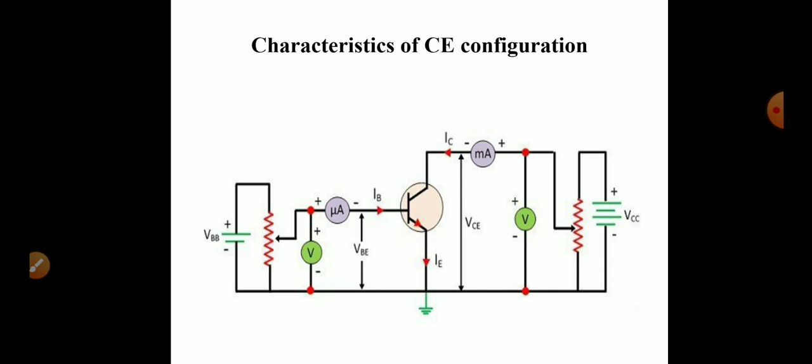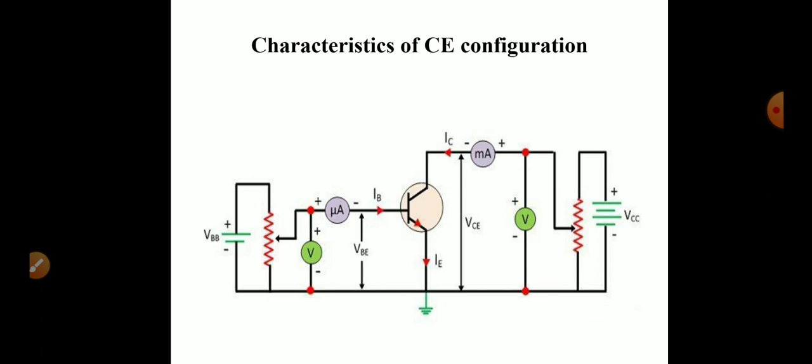To measure the input current, which is the base current, an ammeter is connected in between the input resistor and the base terminal. Here, the input resistor is taken as a rheostat. A rheostat is connected at the input side for varying the resistance. By varying the rheostat, the voltage changes across the input terminal. The change in voltage is measured by the voltmeter connected in parallel across the base and emitter terminal.